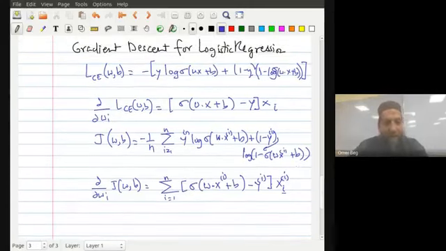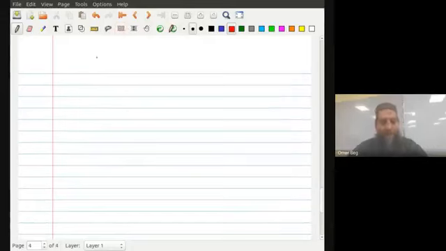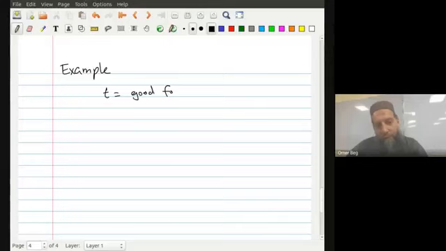Okay, so now we have our cost function, and we have the differential. So we can now look at how this applies to gradient descent for logistic regression. Let me give you an example. It has been a while. It's not going to be any easier, but let's take an example. Let's say I have this piece of text. It's again a review. It says good food,